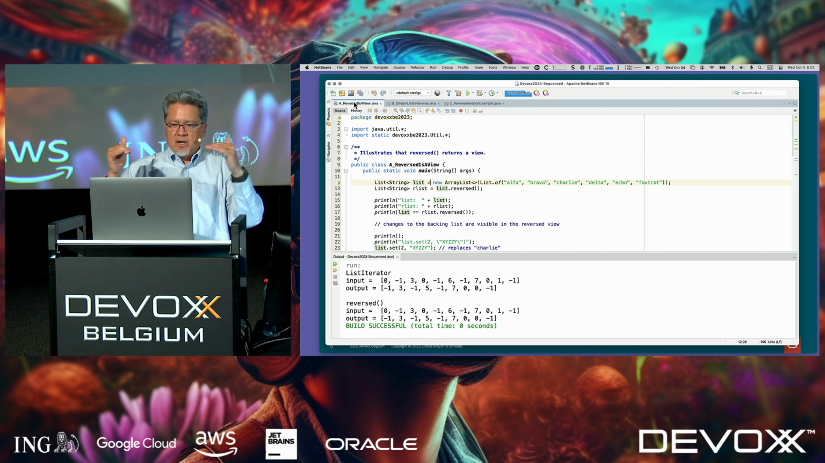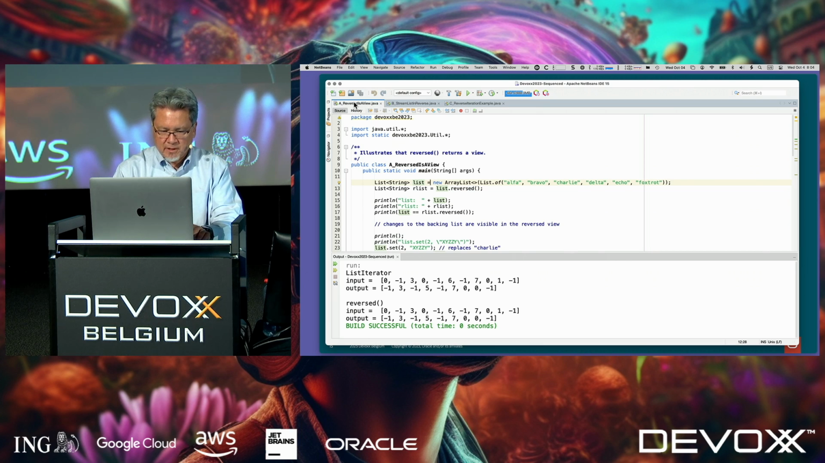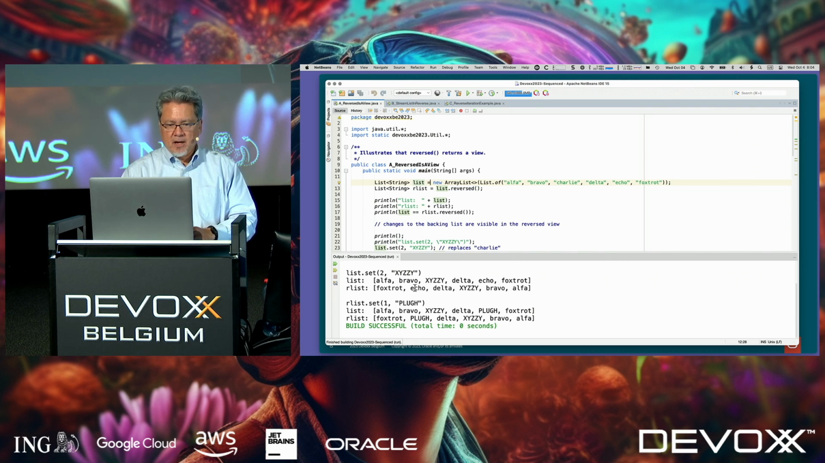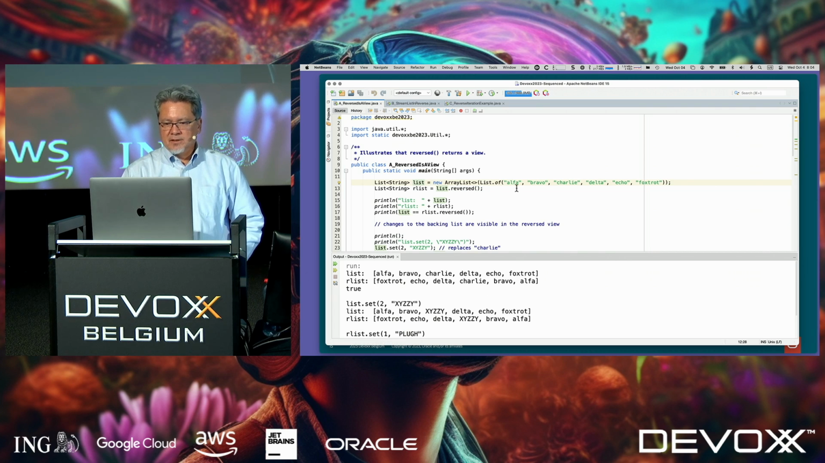So what I have here is an array list, and I'm going to get a reversed view of it. That's not actually a separate collection. This is the output from a different demo, so let me run it here and show you the output. We have a list which has alpha, bravo, Charlie, delta, etc. And then an R list, which is the reversed view of the original list. And so we print them out, and you can see that the list has the strings in order, and the reverse list has the strings